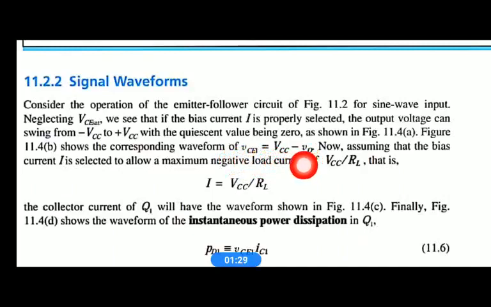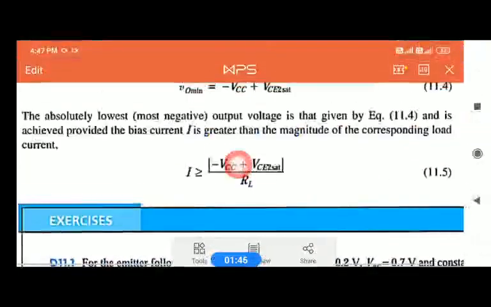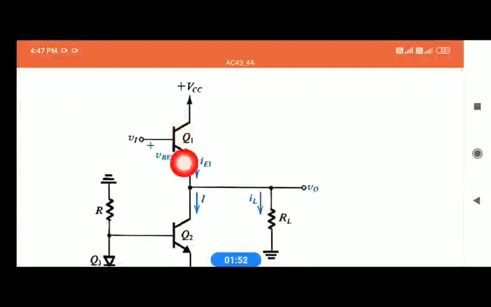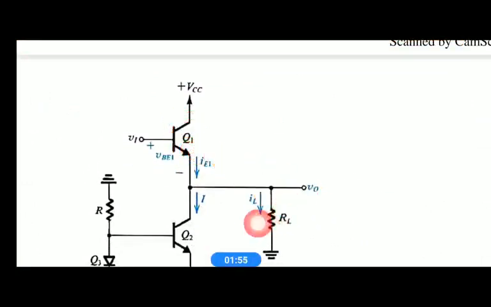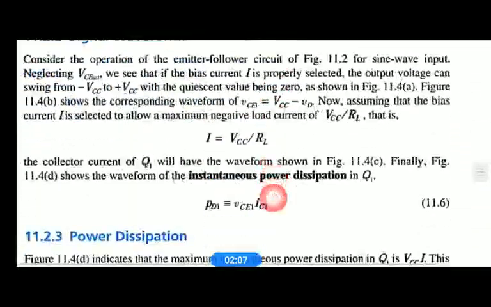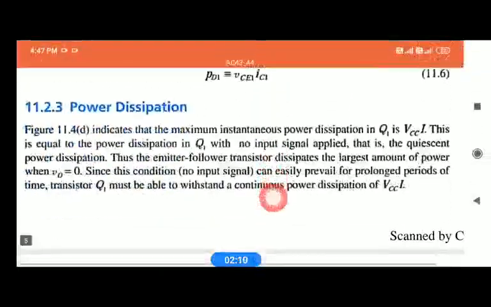It is clearly shown here that when VCE decreases, the output voltage will increase. VCE1 means VCE of transistor Q1, the upper transistor you saw in the circuit. If the voltage across this VCE decreases, the output voltage will increase, and when VCE increases, the output voltage decreases, right? So let's see these waveforms here.